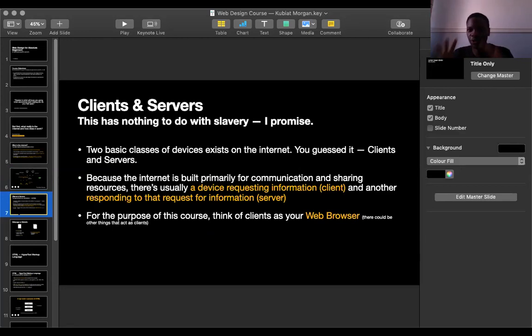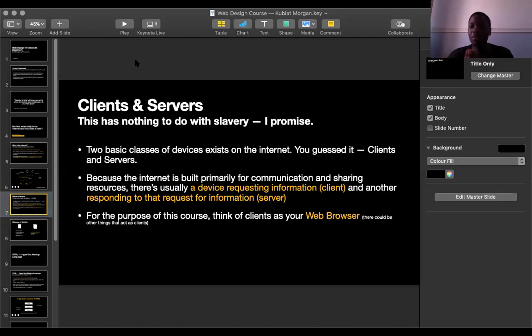Just your web browser. Why am I referring to a client as just your web browser? Because on the internet, your music player does not make a request to the servers.